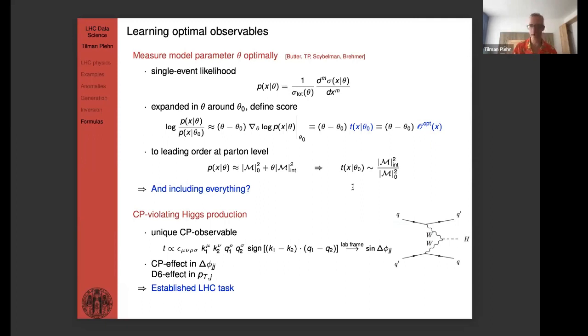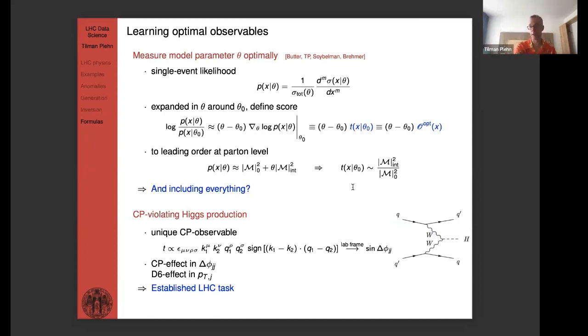The only problem is that we don't know, I mean, Dieter does, but in addition to this delta phi, what's the right prefactor? The right prefactor comes from the fact that you have dimension 6 operators, which come with a modified momentum dependence. So there's also a prefactor which you then calculate, and it's called pT of tagging jet 1 times pT of tagging jet 2. So you have to construct this observable as the optimal observable for the CP violation through a given dimension 6 operator. That's our task.